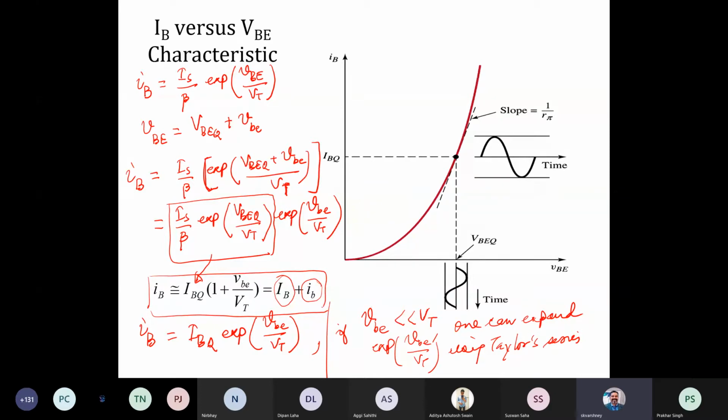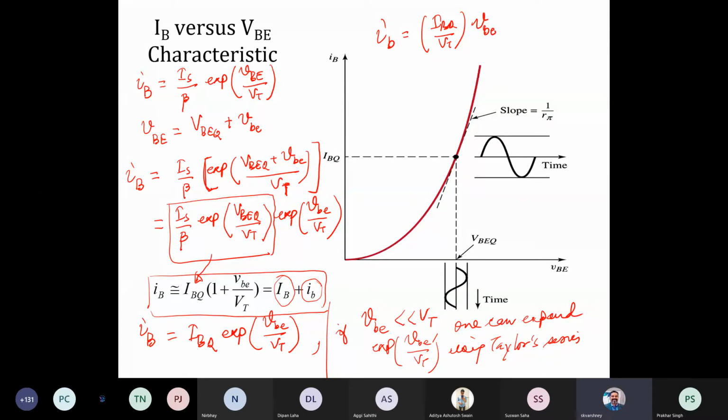So we can write this as the total, and small IB is IBQ over VT times VBE,